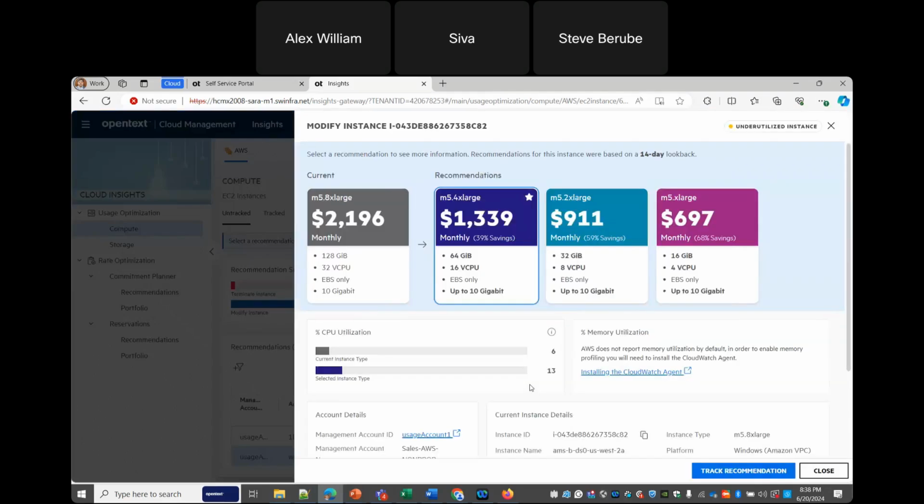So the recommendation here is that the current deployment, the current resource, is using the M5 8x large, and I see that the CPU utilization is pretty low, 6 and 13 for the selected instance type. And if I choose between these three, you will see that automatically there is an increase in the CPU utilization. So if you look at the one we have already deployed, which is M5 8x large, it is 6